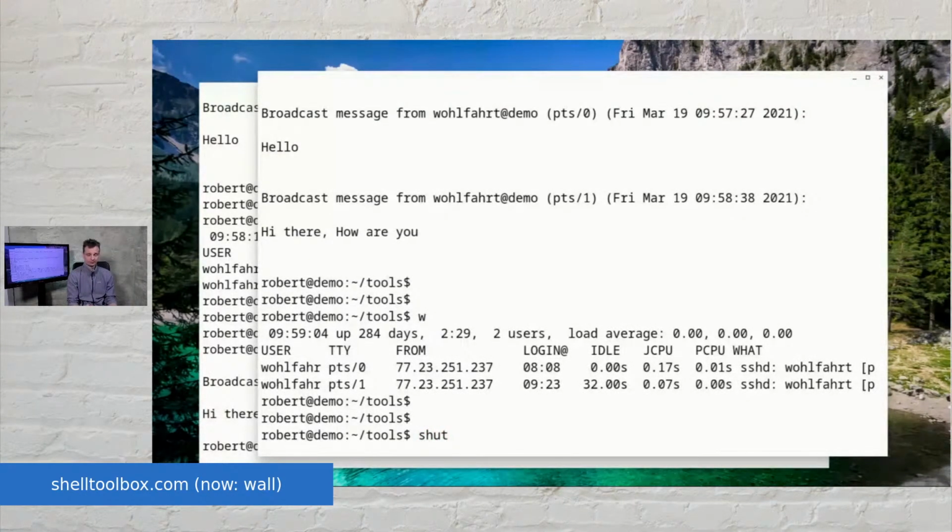The wall command, or the mechanism of the wall command, is also used if you, for instance, initiate a shutdown. I need to be sudo for this. Let's say I want to reboot the system in 15 minutes. Shutdown -r for reboot, plus 15. I want to give all the users on the system